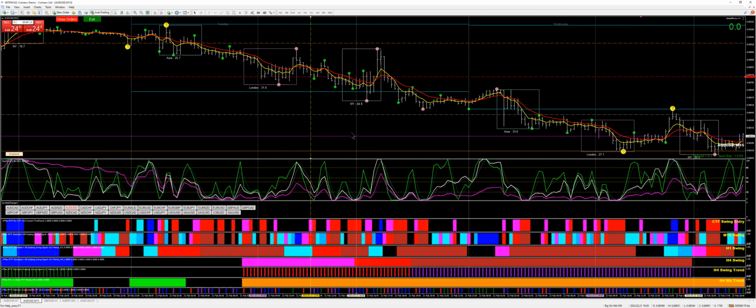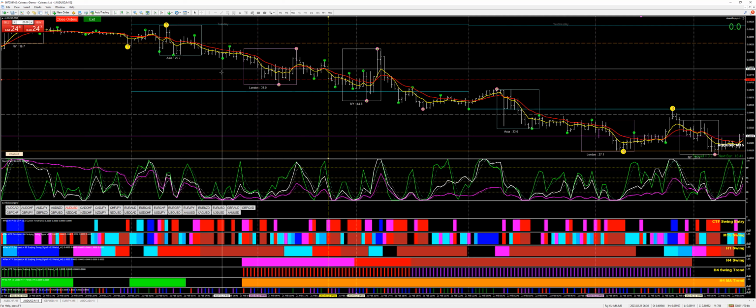And this is the entry because all stochastics. Well, the H1 didn't quite turn. So you take the next one, which is here. Everything's red, right? Your stop loss is up here, right? So this is a